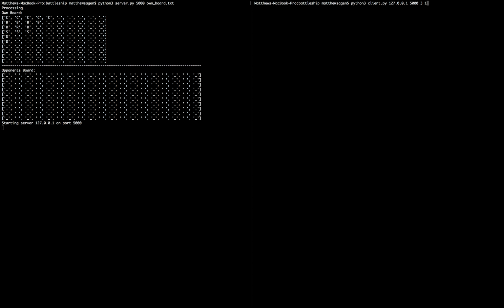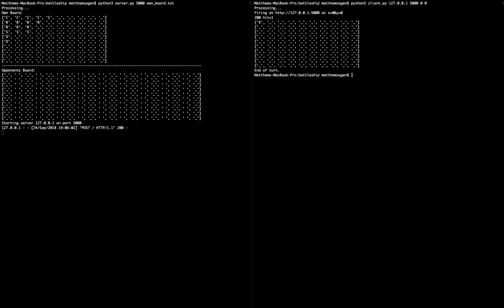And we started up our program by inputting an ownboard.txt file, so it reads from a text file to implement the board, just to see where those characters are, and then we turn that text file into a double array. So if we use the client to send a fire post request to the server,